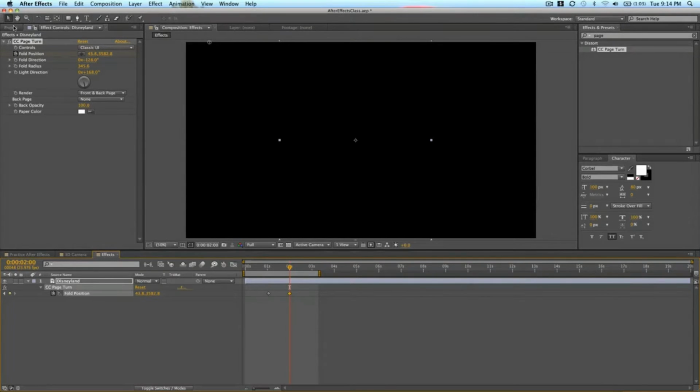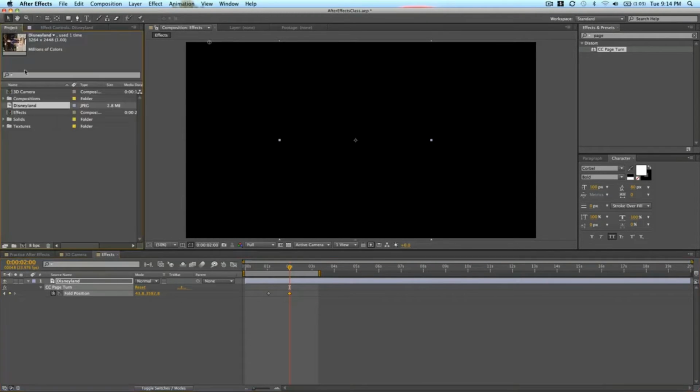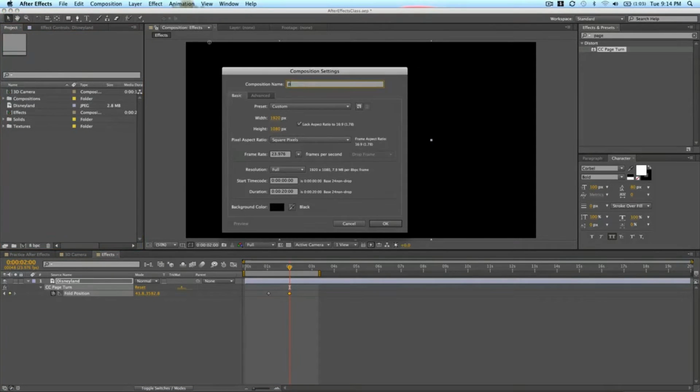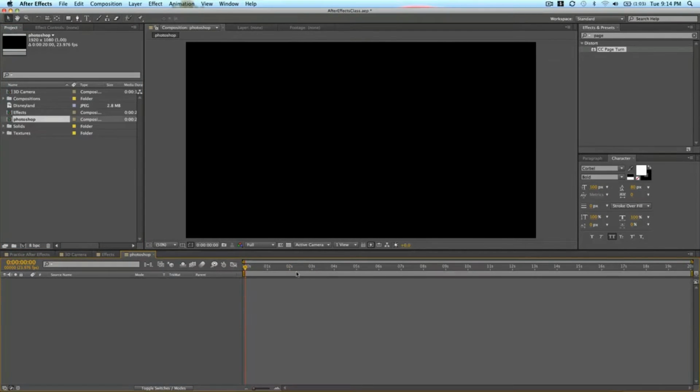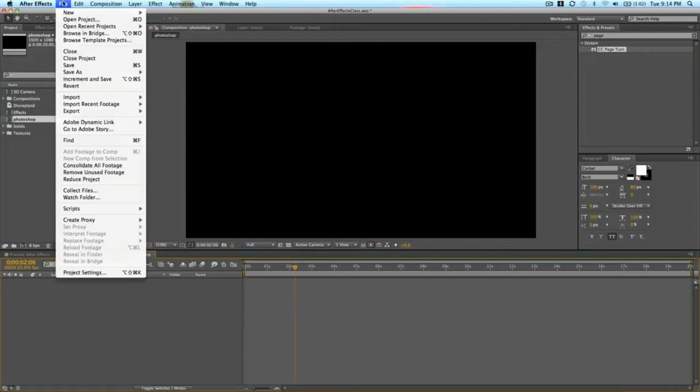About how you use Photoshop and After Effects together. So I'm just going to start a quick composition. We'll just call this Photoshop. And say you want to create an object, or even just like a text layout or title design or something like that, but you work with Photoshop better, or you already have a Photoshop file or a project that you want to work on in Photoshop while you work on it in After Effects. Well, it's really easy to do that. In our After Effects, if you go up to File, New, and then Adobe Photoshop File,